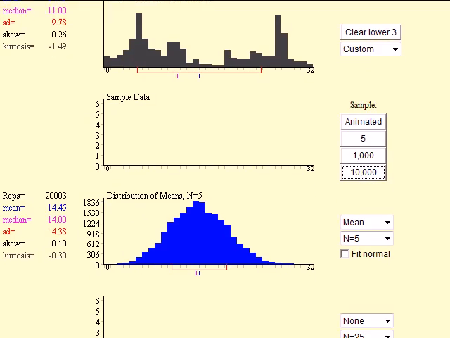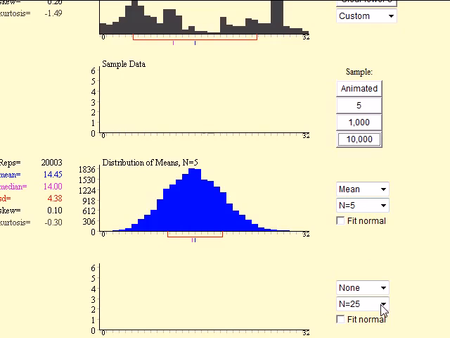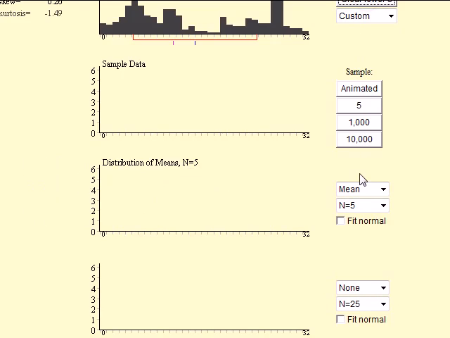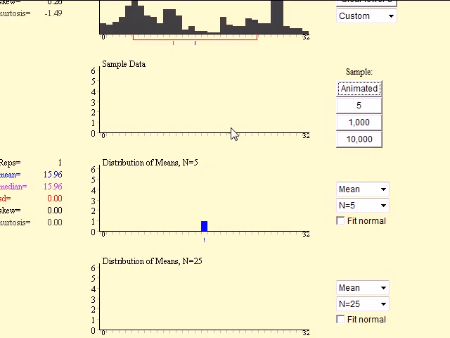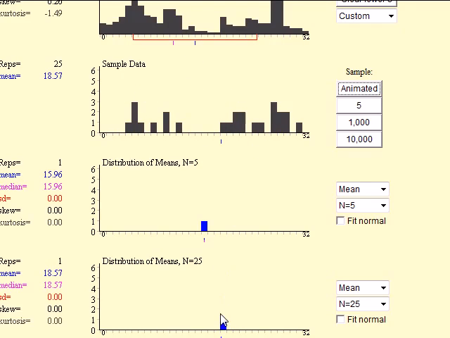Now let's see what happens if we were to do the same thing with a larger sample size. And we can actually do them simultaneously. So here's n equals 5. Let's do here n equals 25. Let me clear them. I'm going to do the sampling distribution of the sample mean. And so I'm going to run 10,000 trials. So I'll do one animated trial just so you remember what's going on. So I'm literally taking the first 5 samples from up here, finding their mean. Now I'm taking 25 samples from up here, finding its mean, and then plotting it down here.